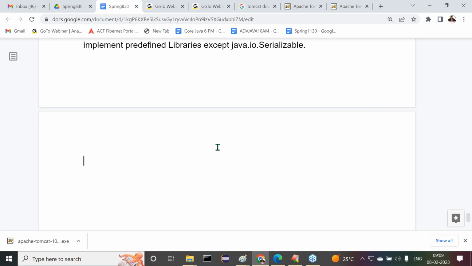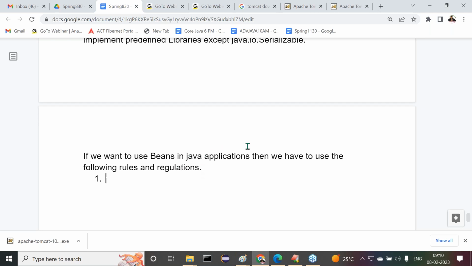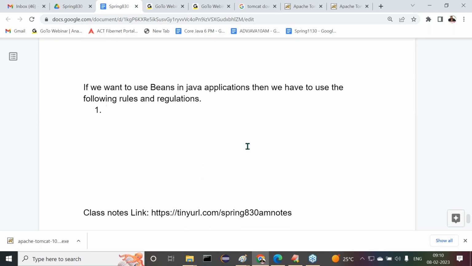All of you observe carefully. If you want to prepare beans, if you want to use beans in Java applications, then we have to use the following rules and regulations. At basic level, these are the rules we have to use. Observe carefully. Rule number one,